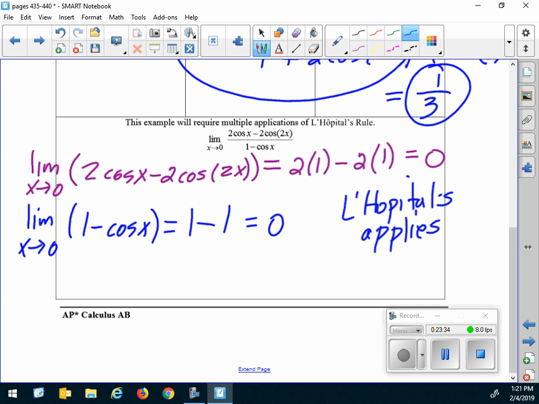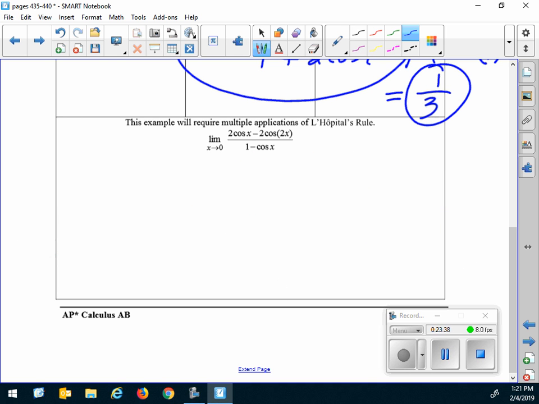All right, let's go apply it. So I have the limit as x approaches 0. Help me out with some derivatives here. My brain's mushy. Derivative of cosine is minus sine, so that'll be plus 4 sine 2x over